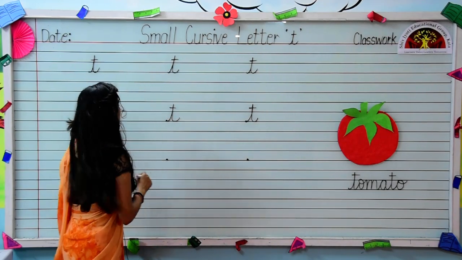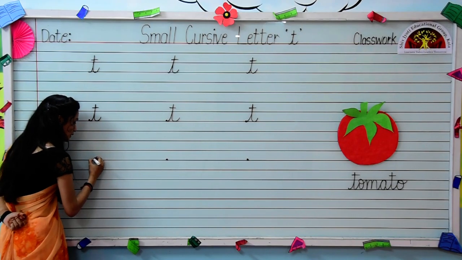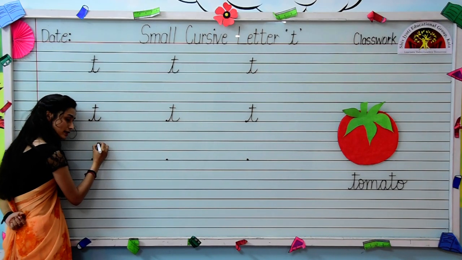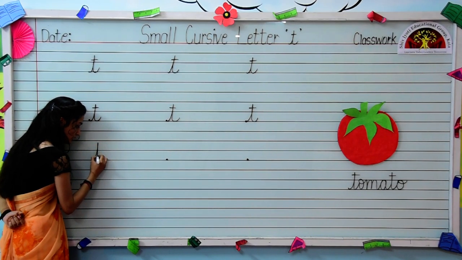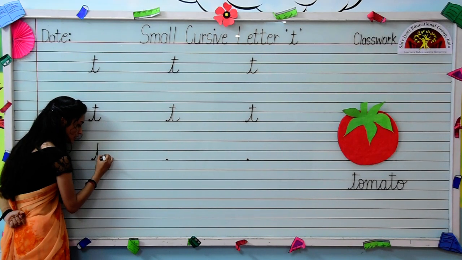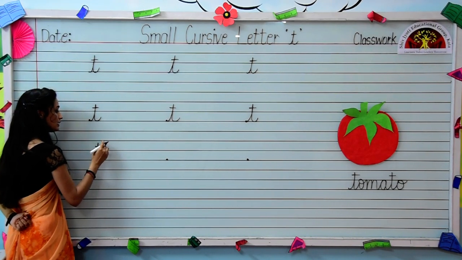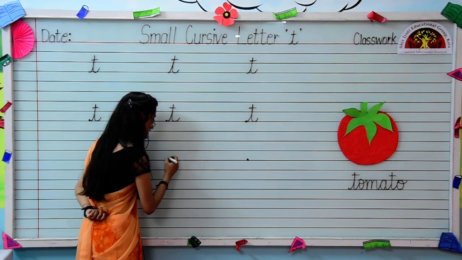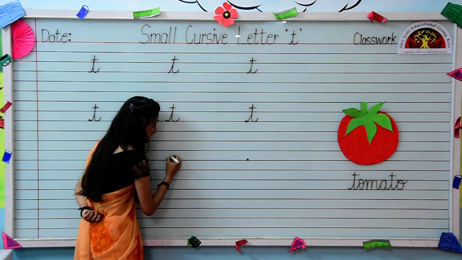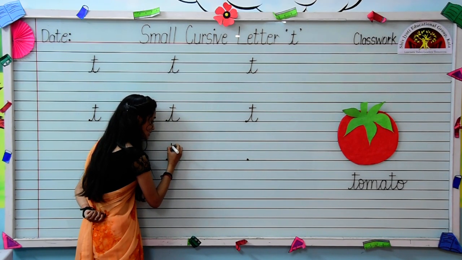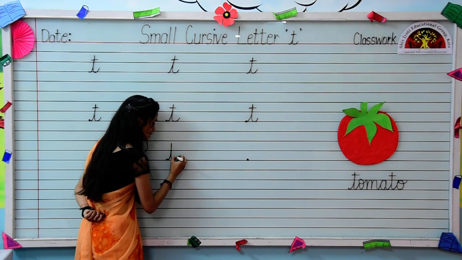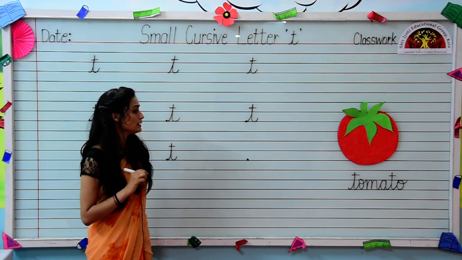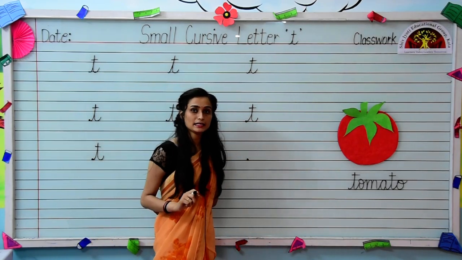Okay kids? Now look over here. Once again, let's see. From the third line, slanting line up. We will not touch the first line. Come down. Touch the third line. Make a curve, and a sleeping line between the first and the second line. Very nice. Right? Very neatly. From the third line, slanting line going up. Will not touch the first line, come down, touch the third line and make a curve. Then a sleeping line in the middle of the first and the second line.